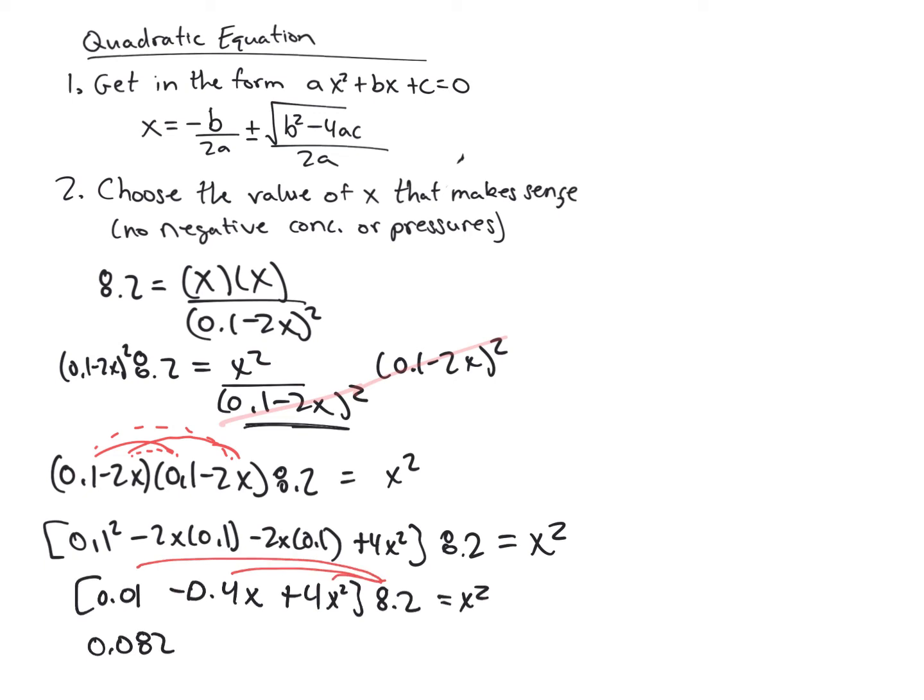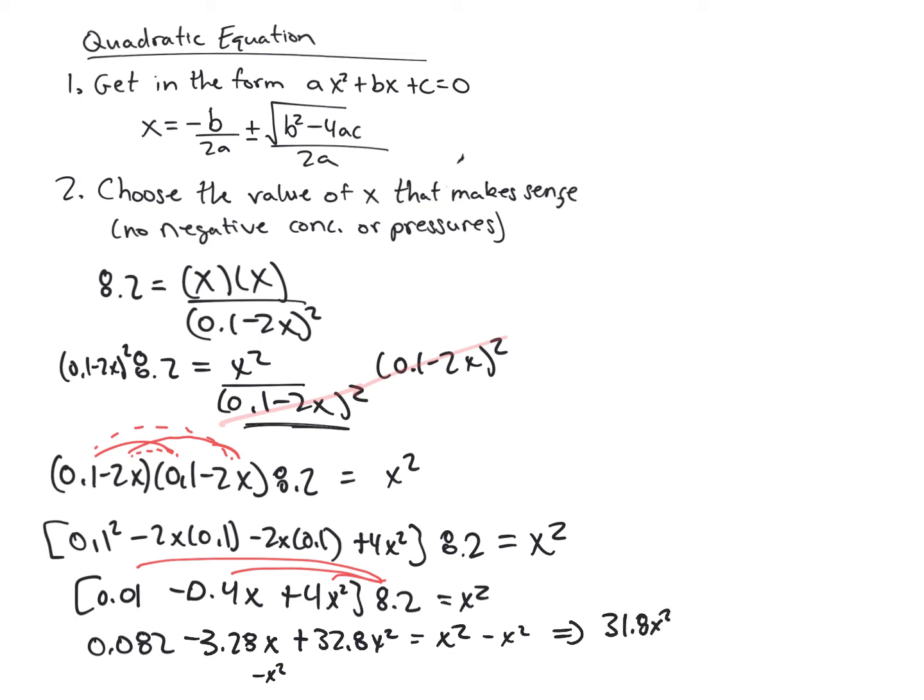So 0.082 minus 3.28x plus 32.8x squared is equal to x squared. Then the last thing I can do is just subtract x squared from both sides, so I get 0 on the right-hand side. So minus x squared, minus x squared. That gives me a final form of my equation, which is